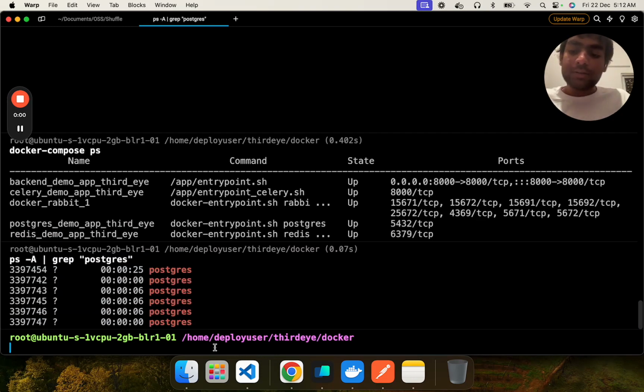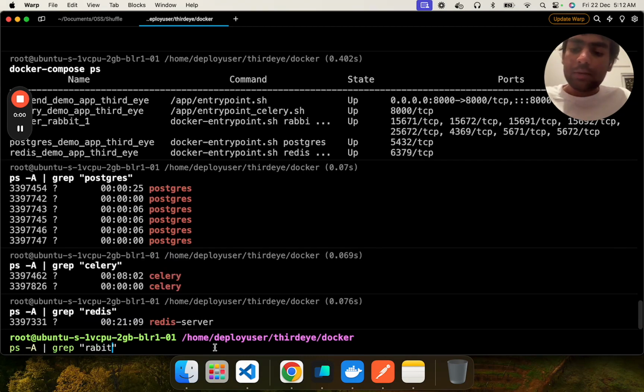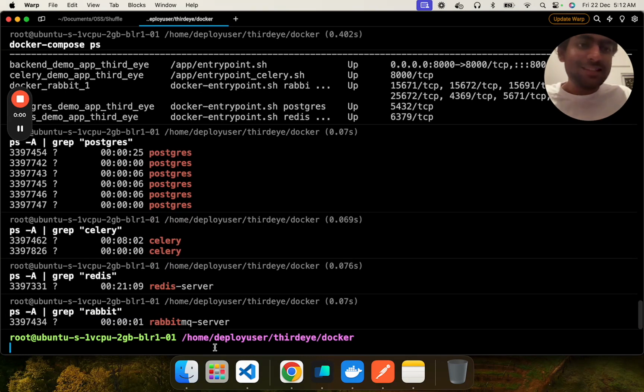When I grep out Postgres, there is Postgres running, which is very interesting because I never ran Postgres on my own. I'm instead just running the Docker container. And then you'll make the same observation for Celery and for Redis and for RabbitMQ. I never ran these services. They just appear in my processes, and it's beautiful because it makes it even more clear that these processes are